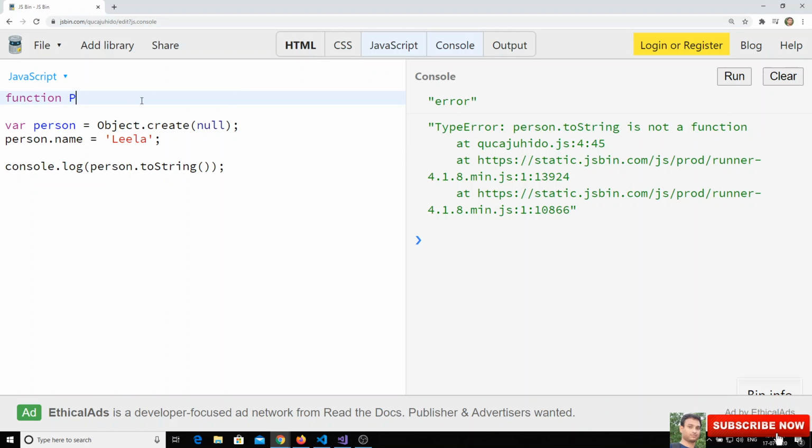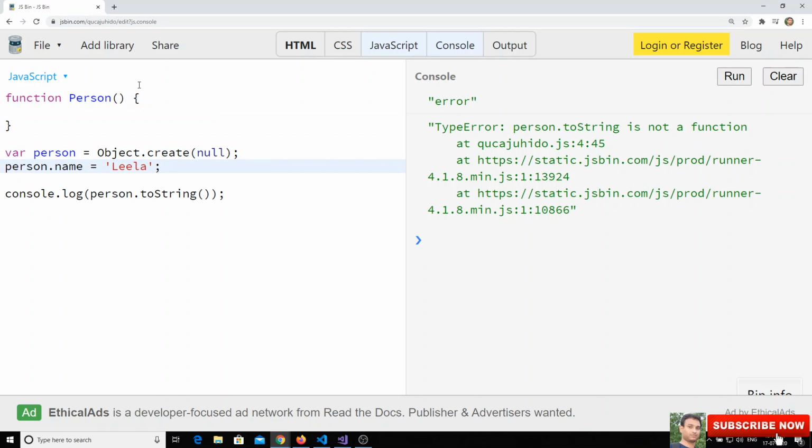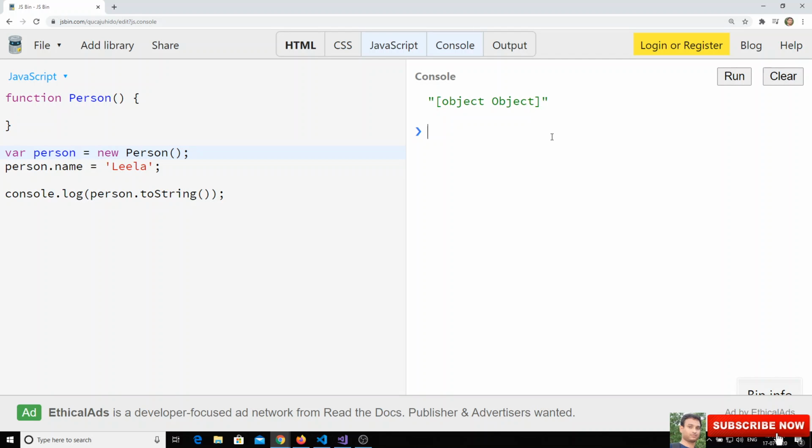Another way is, as you already know, the function Person we saw previously. I will create it like this, with new Person, and we will check whether person.toString works or not. Person.toString works here also. That means the object created using the function also inherits from the main Object.